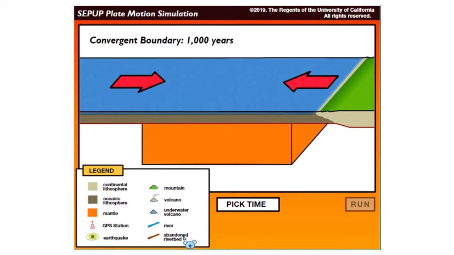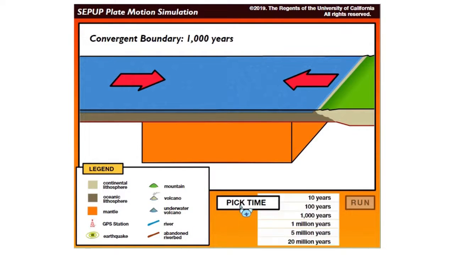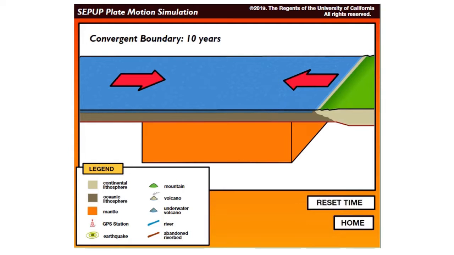Now let us observe the movement of the oceanic plates in various spans of time. Let us start with 10 years. Have you observed any notable changes? As the two oceanic plates collide in 10 years, no observable event happens.